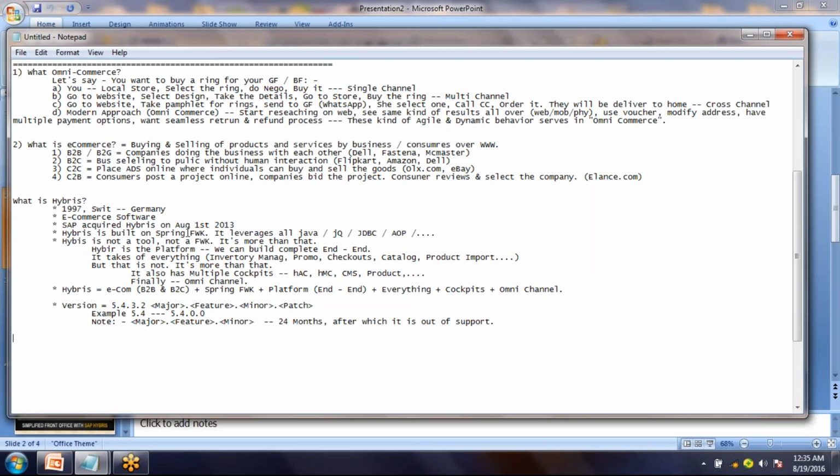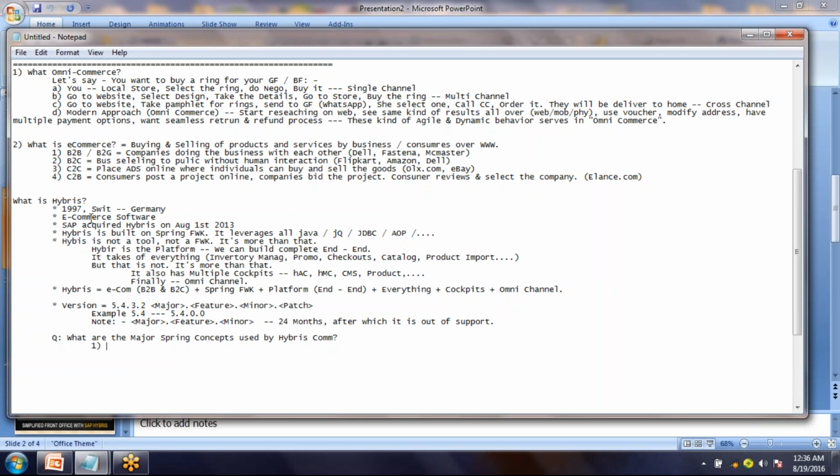Then let's talk about something. Okay. So if you look here, Hybris is built on top of the Spring framework, right? Then the question is, what are the major Spring concepts used by Hybris? See, I am saying major, not the smaller things. What are the major concepts used by Hybris Commerce?